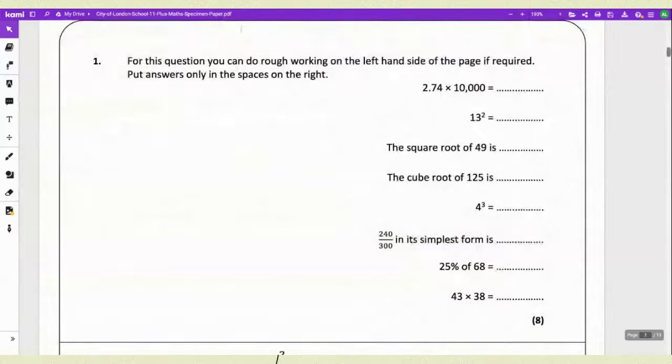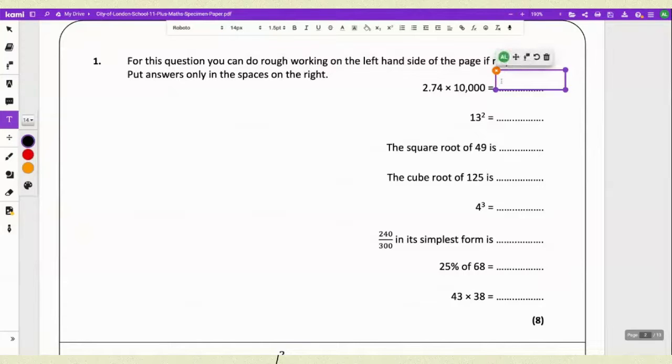In the first question, they are telling you that you could show your working on the side of the paper if required, but put your answers only in the spaces provided. So the best thing is to please read the instructions, what they are telling you. Your first one is 2.74 multiplied by 100000. So your answer for this one would be